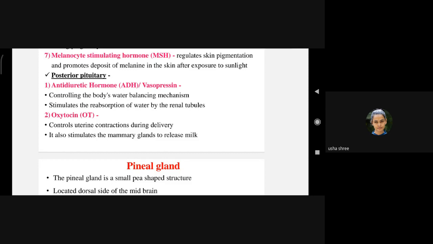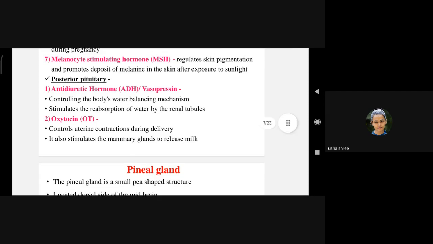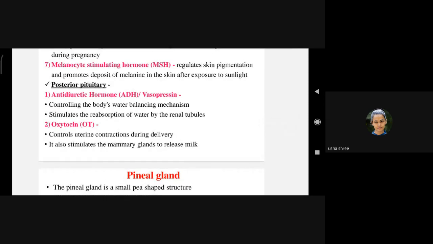Like if there is enough amount of prolactin but deficient amount of oxytocin, then what will happen? Milk will not be released. Though it is produced, it won't be released. The mammary glands are having enough amount of milk produced by those glands, but it can't be released because the muscular contraction is not happening due to deficiency of oxytocin.